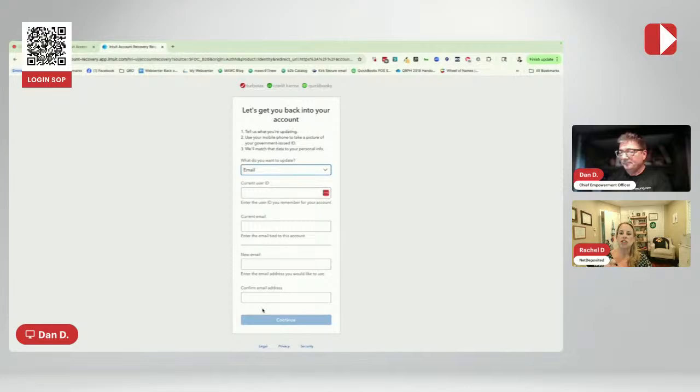Exactly. But my question to you is, the key is that you don't want to be using your email address as your customer ID or current user ID. That is one step in the process, right? It's like locking your car doors.